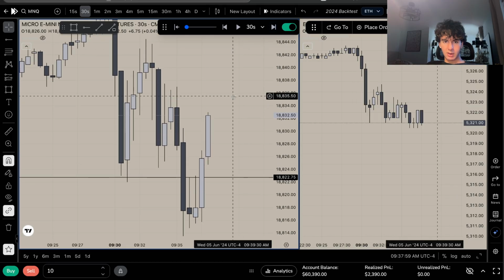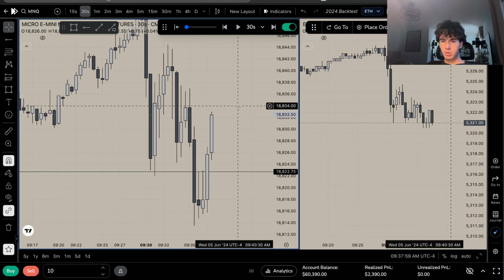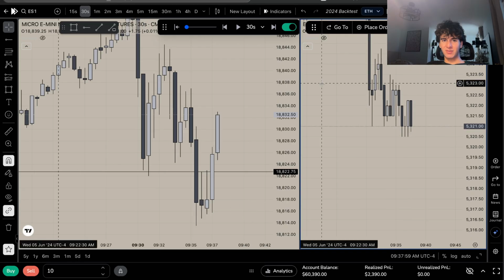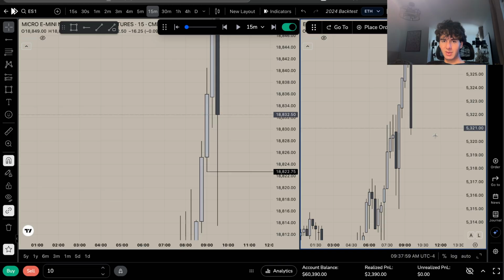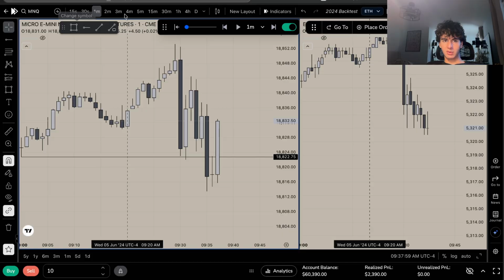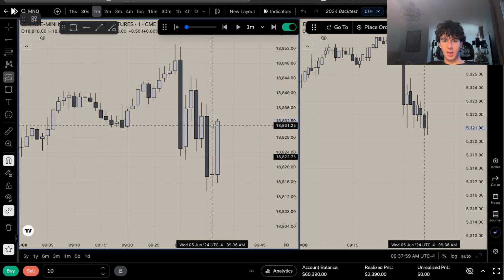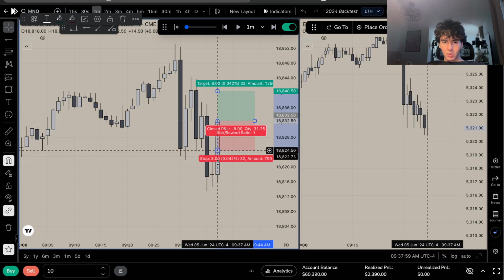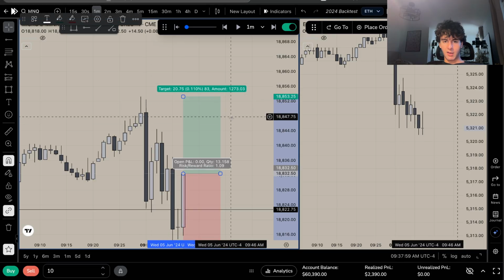All right, so we get a nice inversion here. Pretty valid V shape. ES is definitely throwing me off though. We have such a nice rejection wick on NQ. And then on ES, we just look terrible. So we do have this, it's actually a 1 minute IFVG after the stop raid. Will I take this back just up to the 930 high for a 1-to-1?